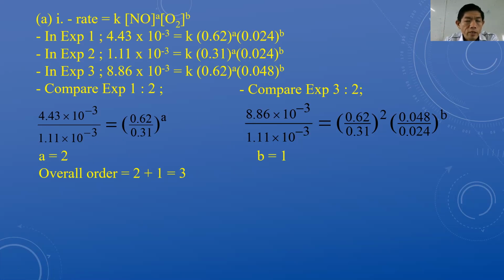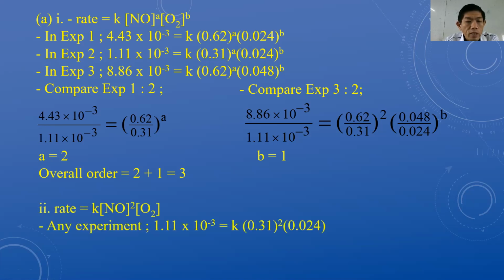So for part (ii), you need to write the rate equation and then calculate the rate constant. So you take any experiment. Let's say I use experiment 2. So 1.11 times 10 power negative 3 equals k times 0.31 squared multiplied by 0.024. So substituting, you get k equals 0.481 mol power negative 2 dm power 6 s power negative 1